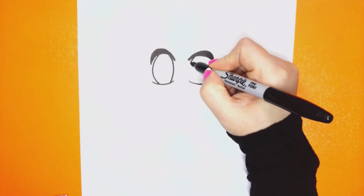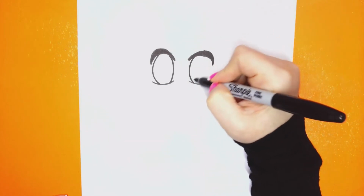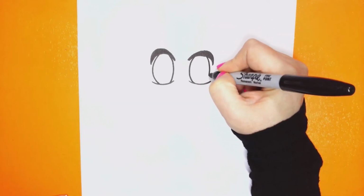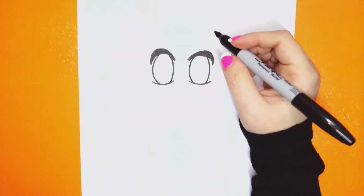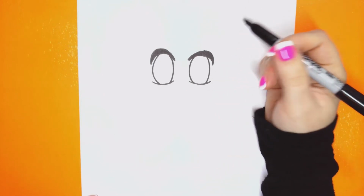So I am going to leave space for the white of the eye. I'm just not going to line it with a harsh lined marker. So we're just going to close this little eyeball all the way around until we have ovals sitting on those happy face baselines. Okay. Now, one thing that will never change here in Drawfully Fun are the sparkles and the